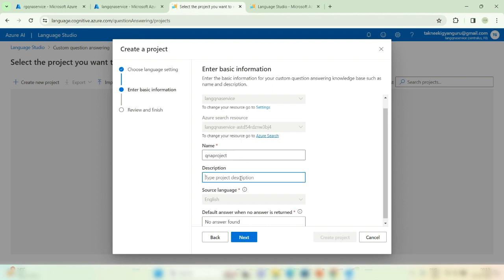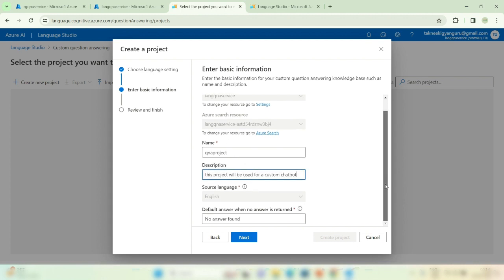Description, you can say this project will be used for a custom chat bot, right? And now default answer, when no answer is written, means if there is no answer, then what should be